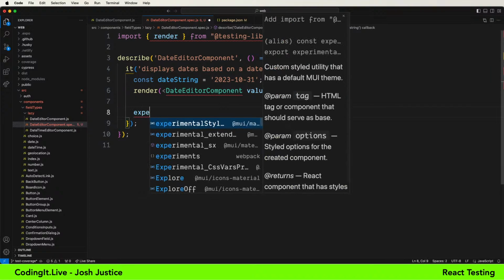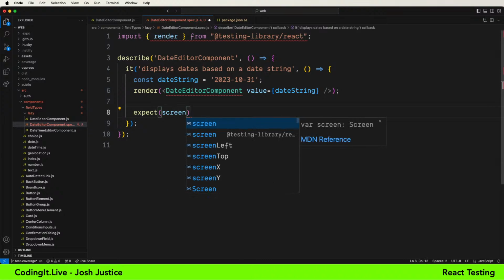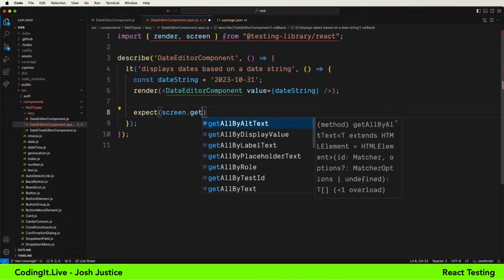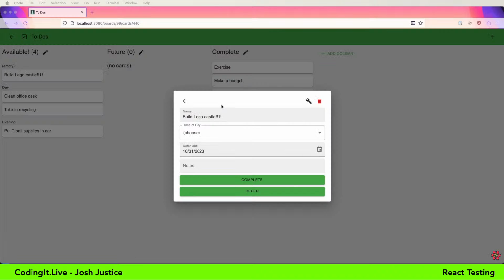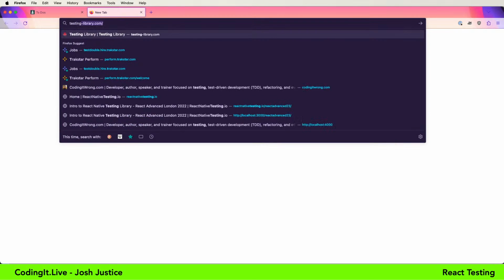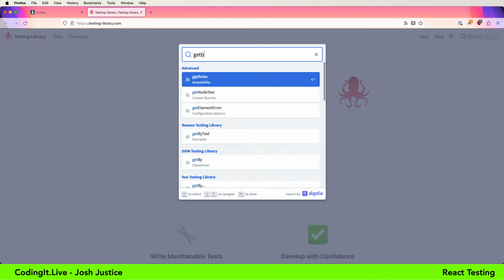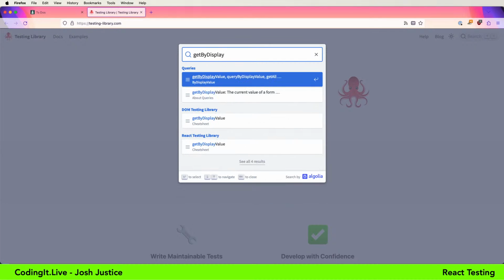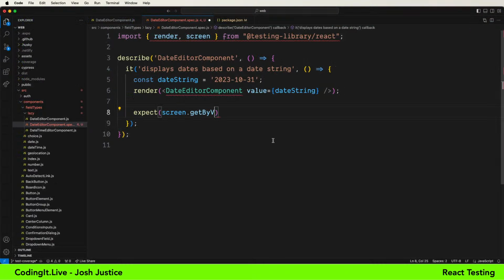So let's try that. Expect screen get by, let's check the reference here. I always forget this. What's the best way to query for that? Testing library get by display value. The current value of a form element. Yeah, so let's just try that. Display value